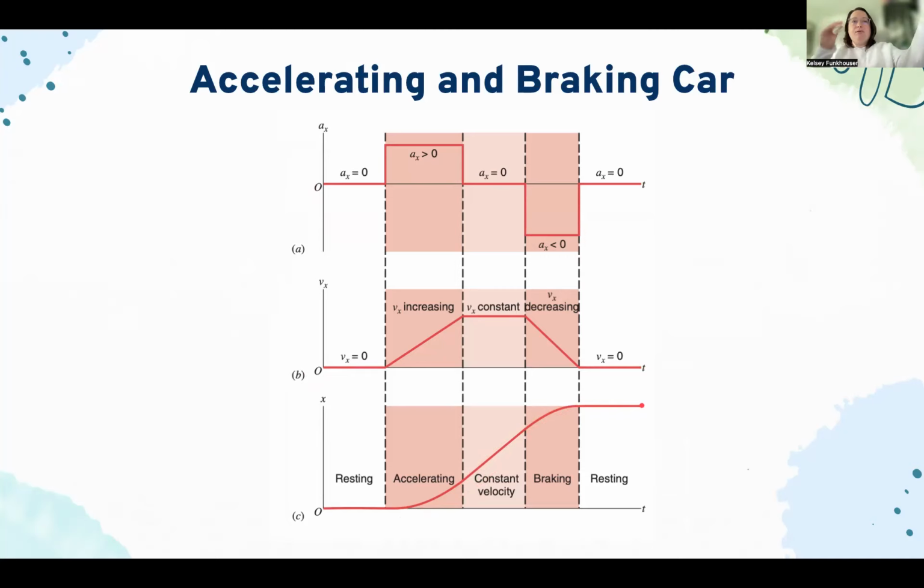So now let's compare those same time periods, rest, acceleration, constant velocity, braking, and rest again, with the other plots. So the initial resting period for everyone is 0, velocity is 0, acceleration is 0. That makes sense. There's not motion happening. We looked at a graph already with no motion. Then in the acceleration period,